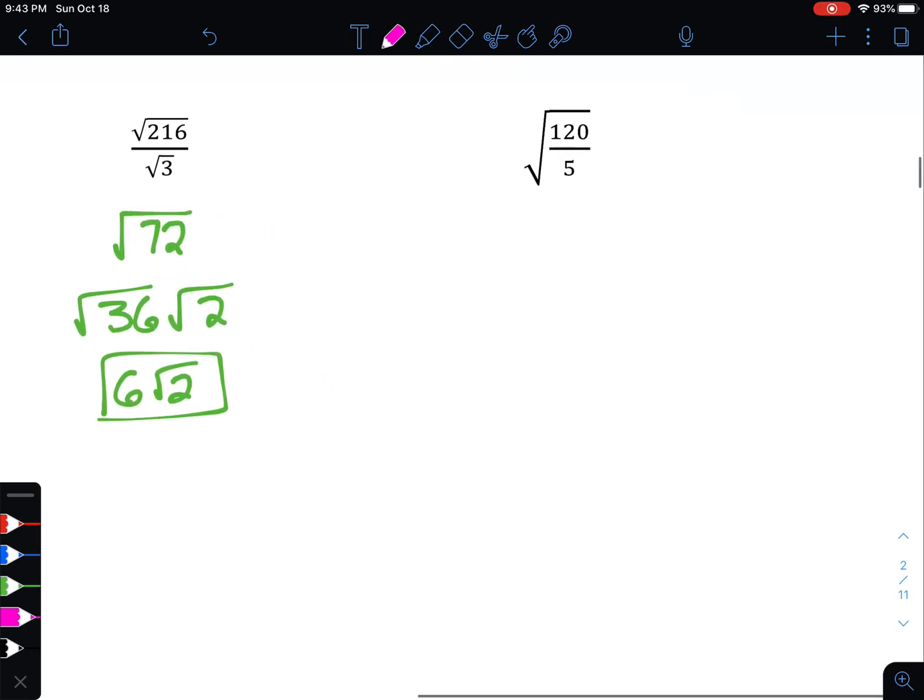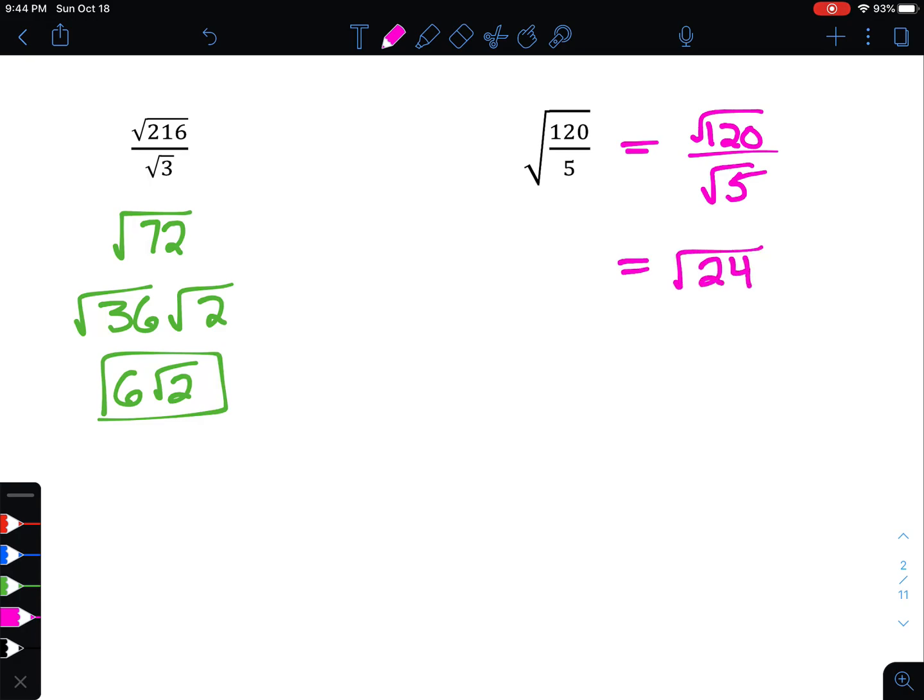All right, one last example. We're going to look at the square root of 120 divided by 5. Now in this case, rather than going and writing the square root of 120 over the square root of 5, that's going to be our first step. And then we can go ahead and simplify that. If you take 120 divided by 5, that's going to be 24. So now we're taking the square root of 24,